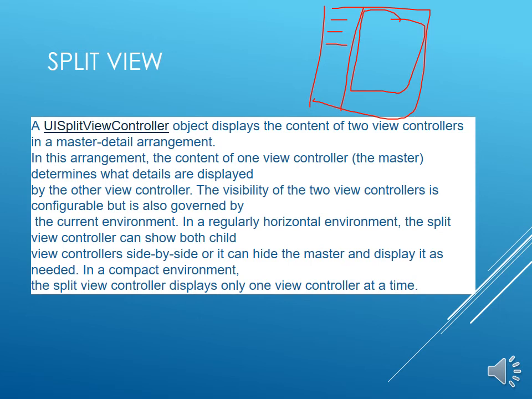If you are using a split view controller in a compact environment, it will only show one container or one view at a time. So you can choose these views on the basis of your application's requirements. If you want to navigate through different screens from one page to a third page or fourth page, meaning you are doing navigations between four pages and also sending data, you will use navigation. If you only want both data to be displayed side by side, then you can use this split view.